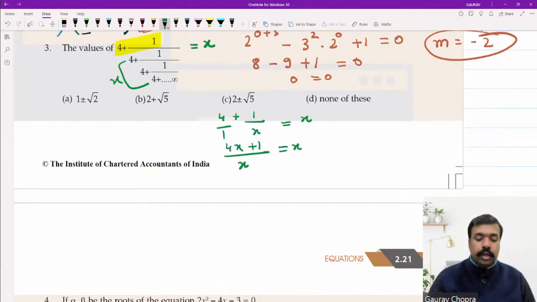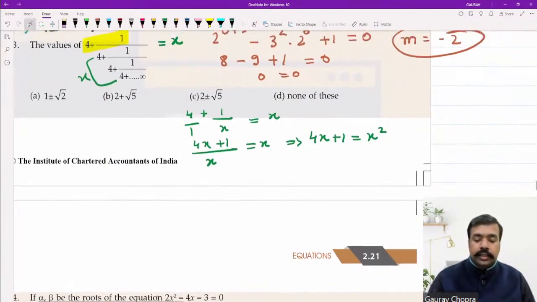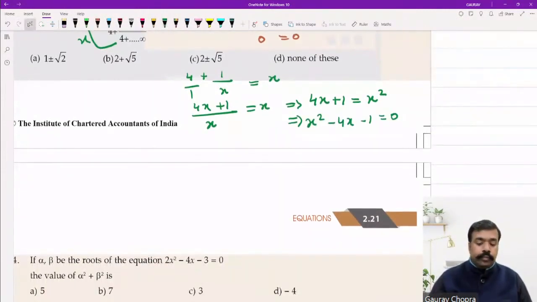On cross multiplication, we will get 4x plus 1 equal to x square. Now we can simplify and get the result: x square minus 4x minus 1 equal to 0. So now we can see that we are not able to split. That means the result will not be a perfect square or a whole number. So what we can do,